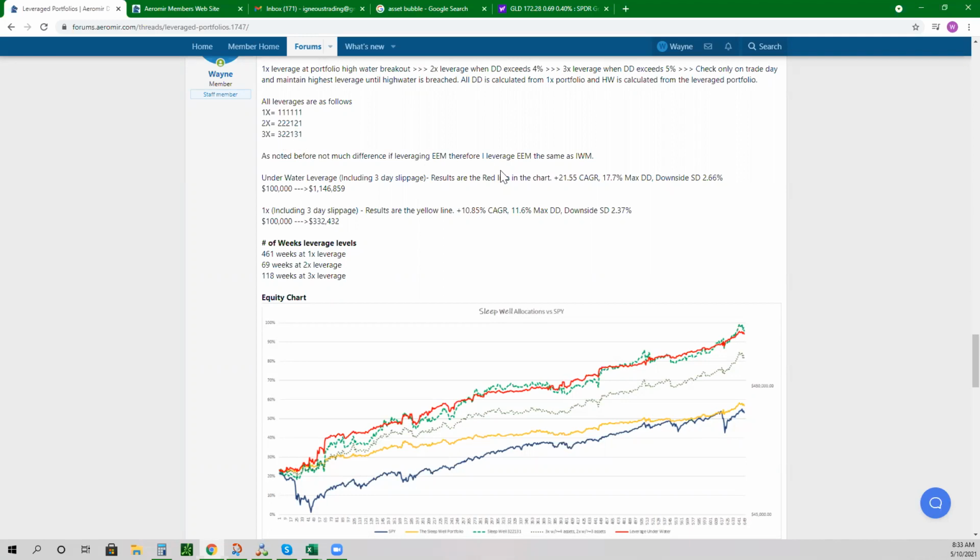The decoder, the way those are, there's the 6 ETFs, and from left to right: SPY, TLT, GLD, UUP, IWM, EEM. So those are what you're referring to on that 1 1 1 1 1 1, 2 2 2. So right, maybe just put that above there for people who aren't familiar with it. Yeah, I could probably do that. If you're familiar with the Sleep Well portfolio and how the assets are always lined up, that's just how we always line up the assets. And just for people who may be watching the recording and not familiar. For sure, absolutely.